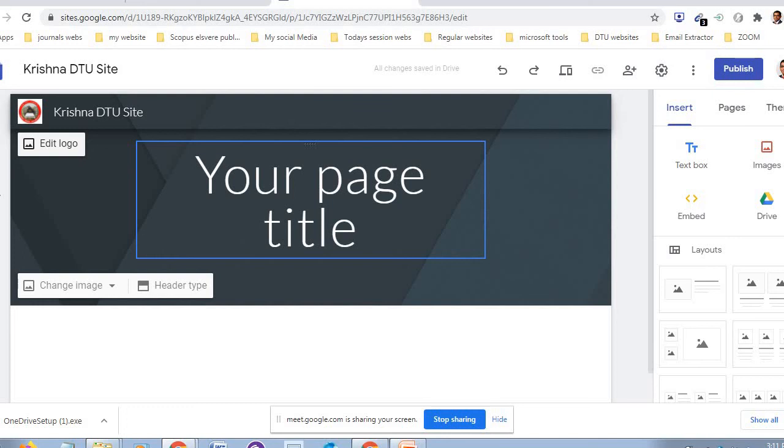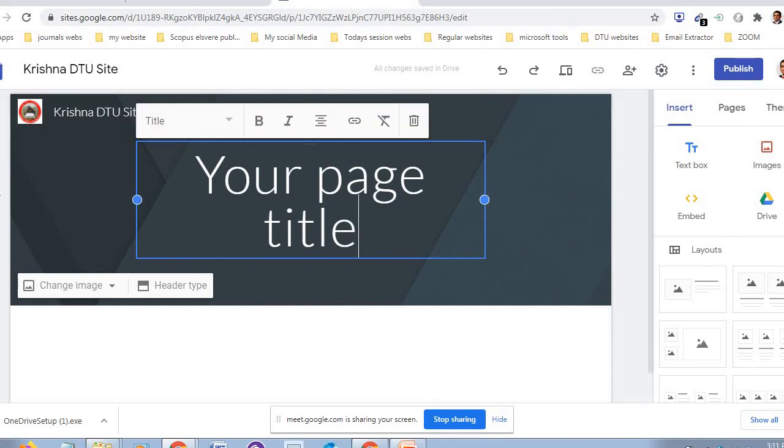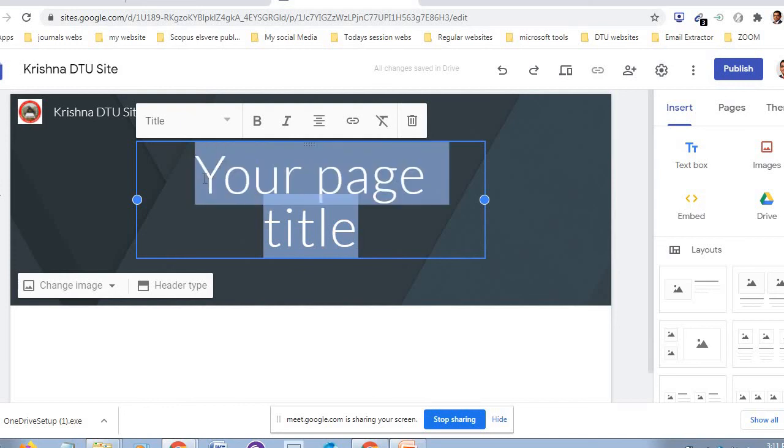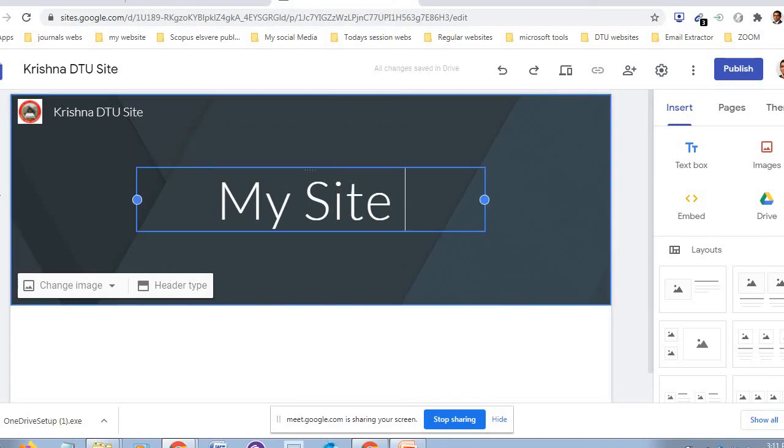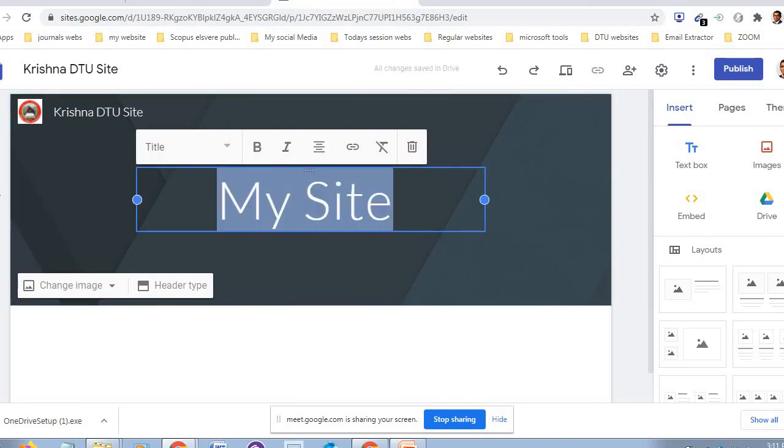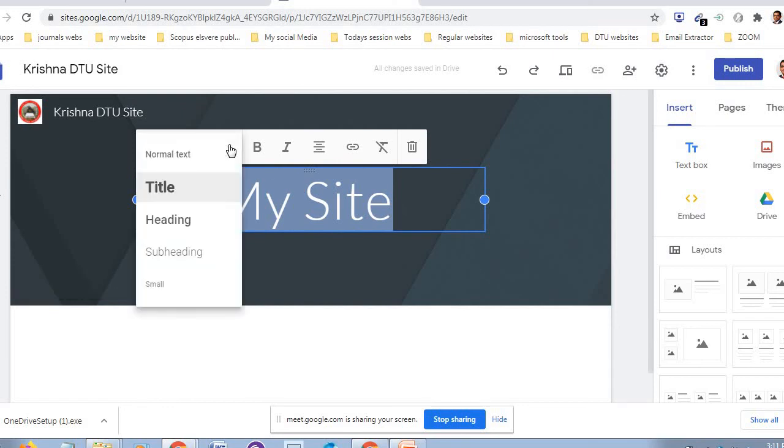And now here you can write your page. If you want to modify it, you can modify it. My site. You can modify this like this.